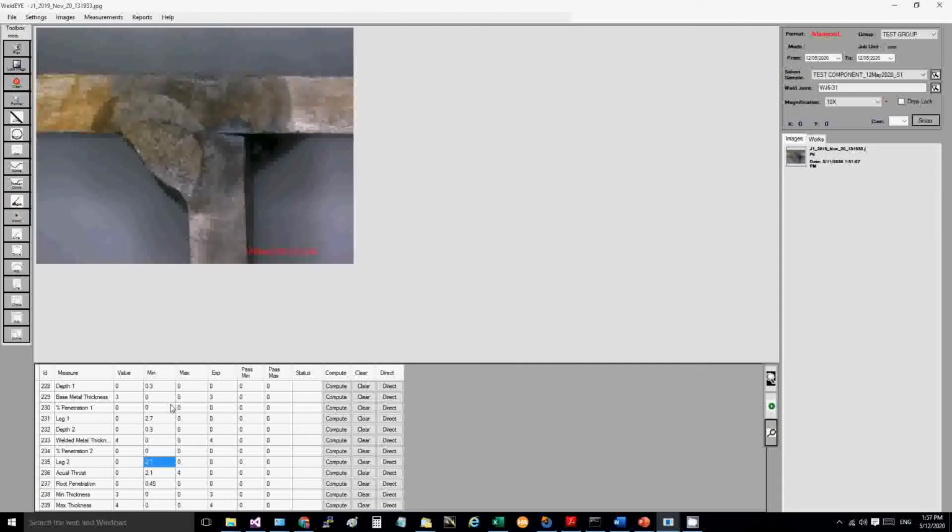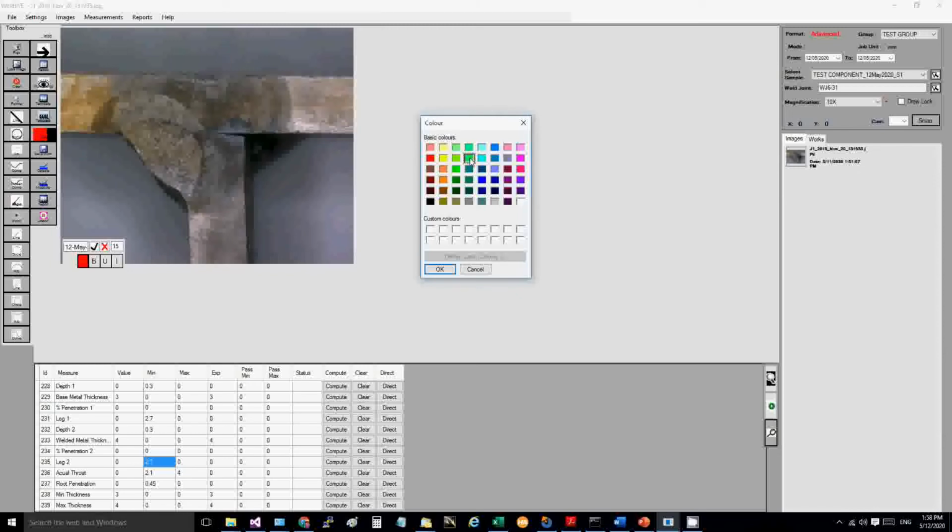Now our next step is the measurement. The measurement process is the same as what we have seen in the basic mode. We have the same set of tools: line, circle, arc, curve, closed curve, angle and point. We have the color selections, whatever color you want to use. The date and time of the image will come automatically here. If you want to change the color of this, you double click on this one. You can change the color, let's say to green.